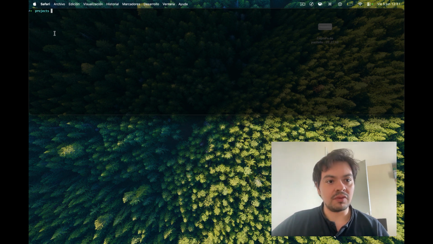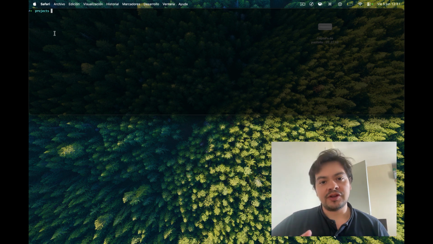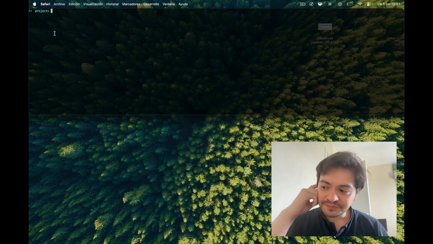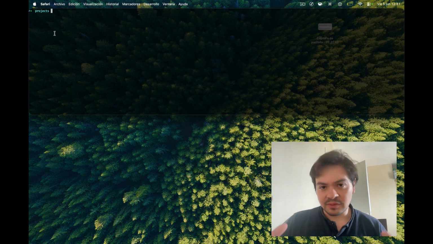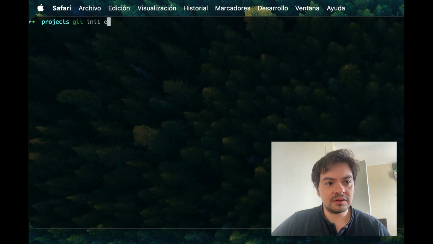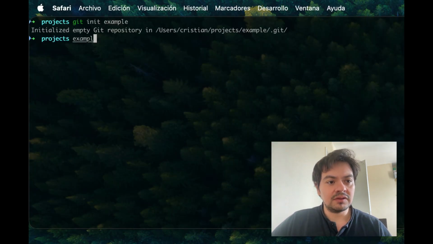So let's start over. And the idea is that for each repository, you basically have a to-do list associated with that repository. So wouldn't it be wonderful if you could commit from that list? That's the idea, and that's what I try to accomplish with this little tool. So basically the idea is that if you have some kind of Git project, so I'm going to git init some example. I'm going to navigate to that example, and as you see, we have